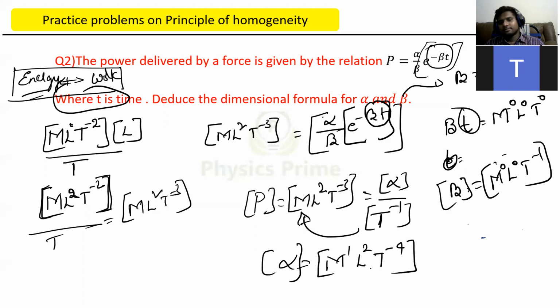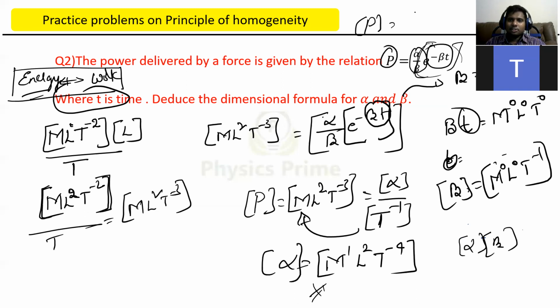So in the exam, depending upon the exam you're writing, the time you have, and the level they want to ask, this kind of question can be asked in any way. They might ask you, what is the dimension of alpha into beta? Alpha you found out, beta you found out, we just have to multiply. If they ask alpha by beta dimension, that is no doubt only the power dimension, because the e power term will not have any dimension. So the power dimension should be alpha by beta, right? Directly, we'll answer it as M L square T power minus 3. Got it? Yes, sir.